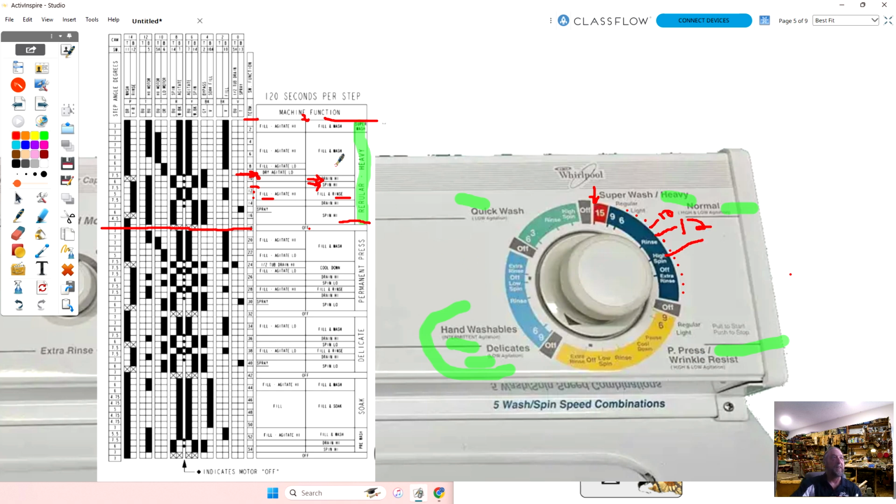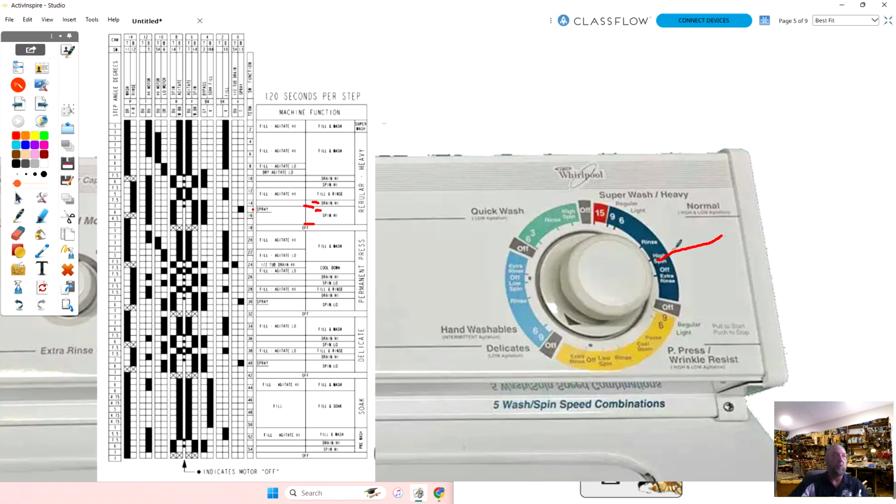So where do you think that is on the chart? What increment would this high spin be on this chart? Take a minute and look. Any guess? How about right here? Right here, it's going to spin high. The step just before it, it's draining, and then the step below it down here is spinning, and that's right at that point.